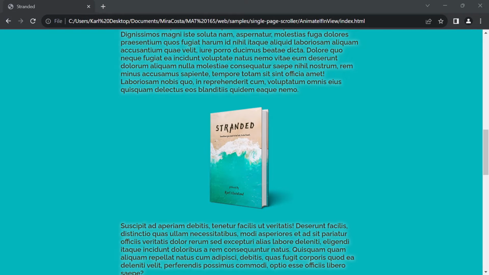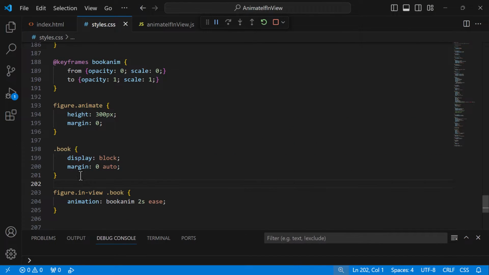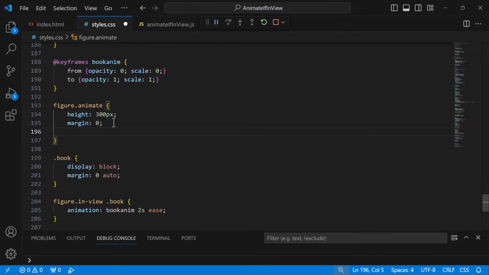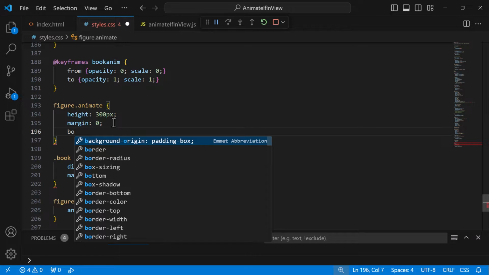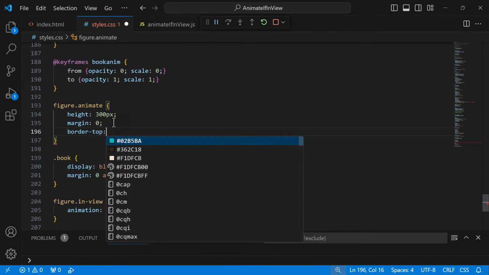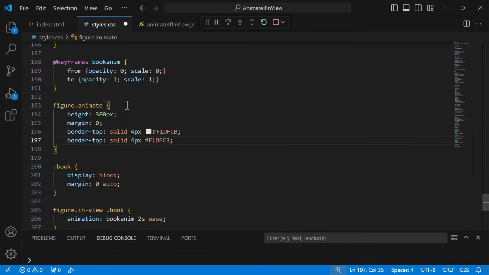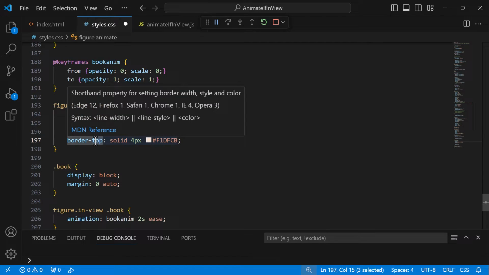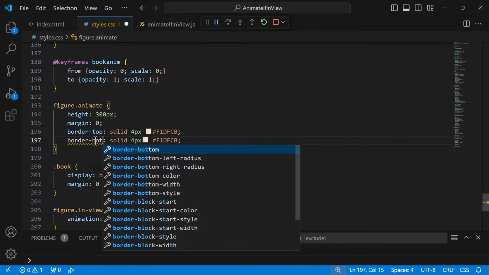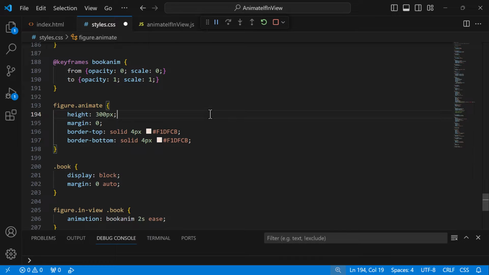We can maybe demonstrate that a little bit better if we added more CSS to the figure. Let's say we added a border for that. So I might say I wanted a border on the top, and I'm going to say solid 4 pixels. And I'm going to use this color I've been using here. And I'll also want a border on the bottom, same thing, for this particular image that's there. So I've got a border on the top and bottom, and